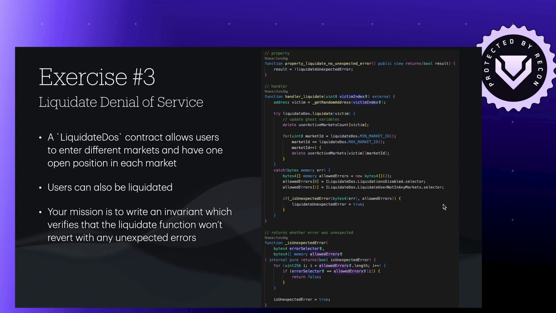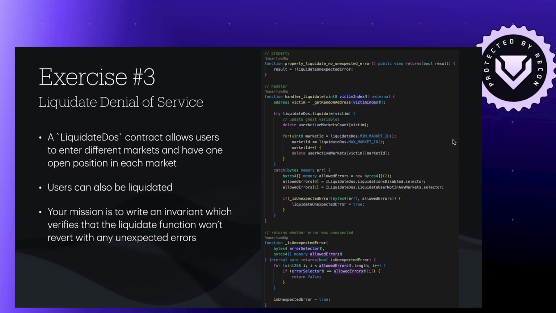errors. So this is actually a white box invariant because we have to go in to read the code just to see which errors are actually valid. So we put our valid errors here, and then we call this is unexpected error function that goes through and sees if it's an error that we expect or not, right? And if it's an error that we didn't expect, then we have this Boolean that we set to true, and then we have that property, the function property at the top, that checks whether that Boolean has been set or not. So it's not very complicated. It is a little bit not that nice, but it is not very complicated at all,